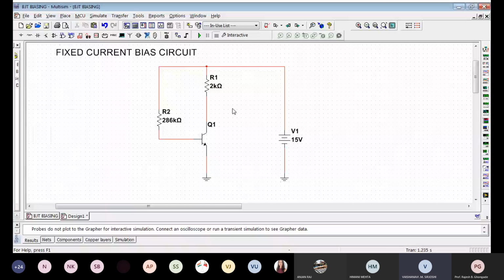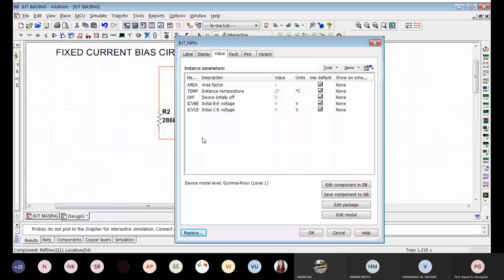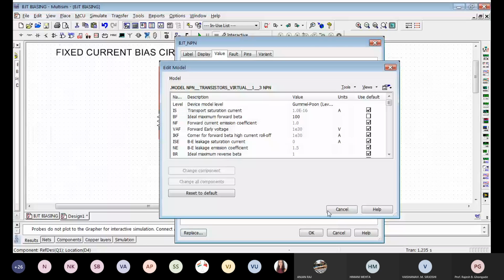Yes, sir. Okay. So one important thing that you are supposed to do is double click on the transistor, go into its values, its parameters, and please look over here carefully, go into the edit model. Once you go into the edit model, BF, that is the forward maximum beta. By default, there will be some value. If it is 100, keep it 100 at this point of time, because we are going to change this beta later on and see the effect on the change in Q point.